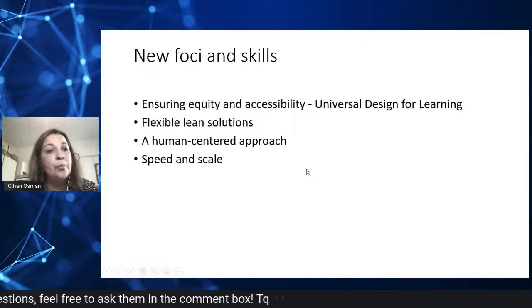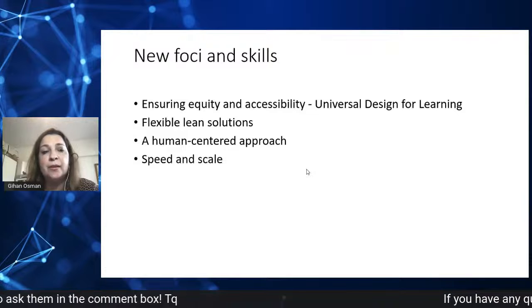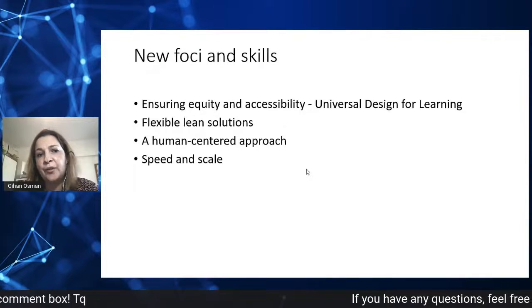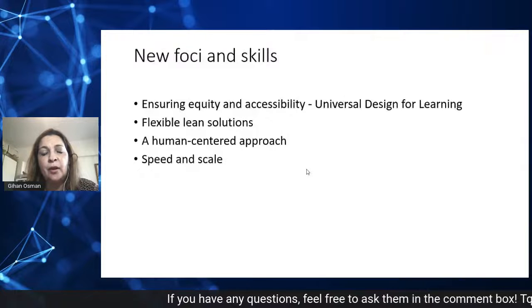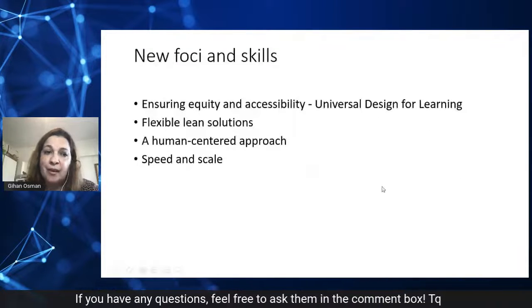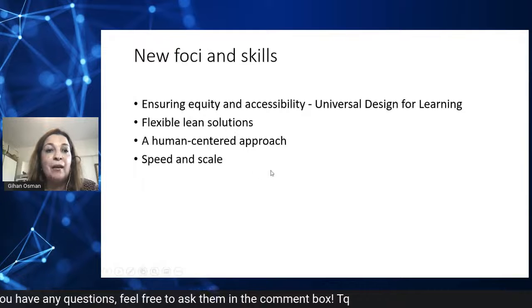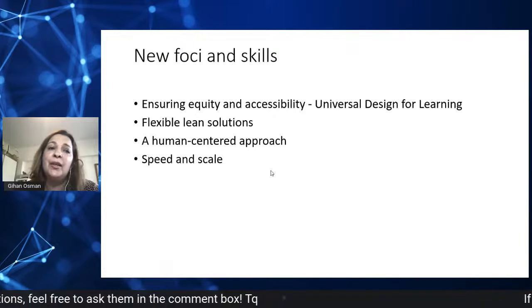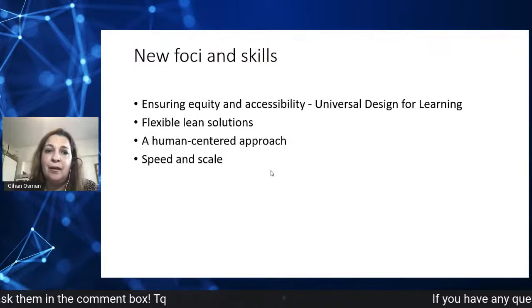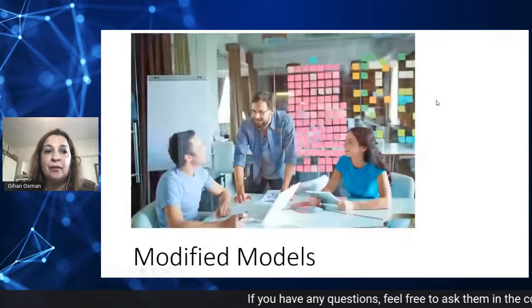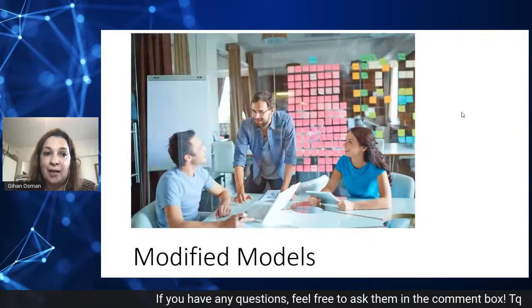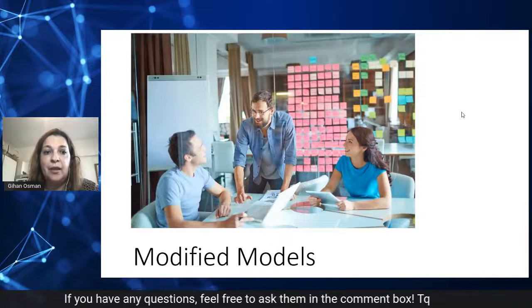So, the pandemic really pointed out the importance of psychological factors and well being, which became a very obvious concern with our students and faculty and instructional designers. And last, I think speed and scale. We need to think of models that function at scale and function fast. And so